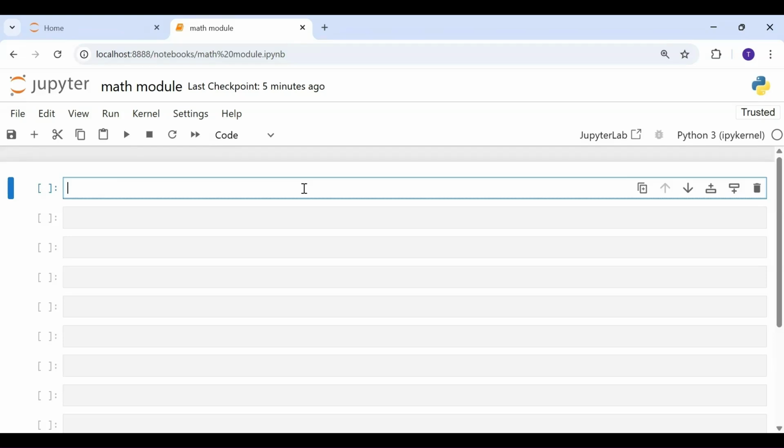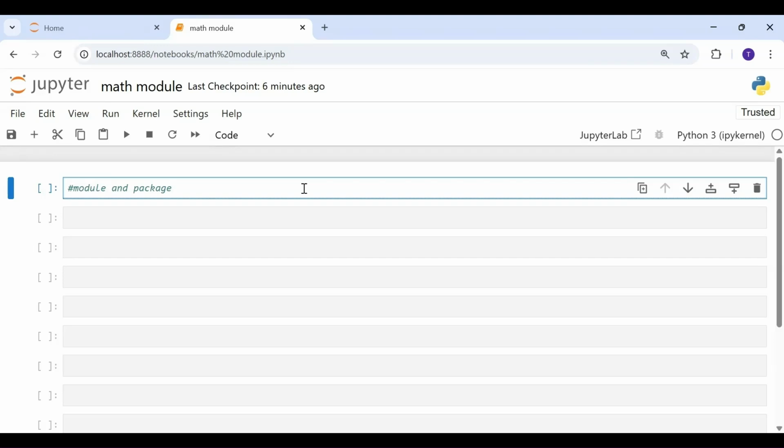In the last videos, we have talked about modules and packages in Python. So you all know by now what a module and a package are. A module is nothing but a collection of functions and classes. We have also seen how to import a module or package using the import keyword.